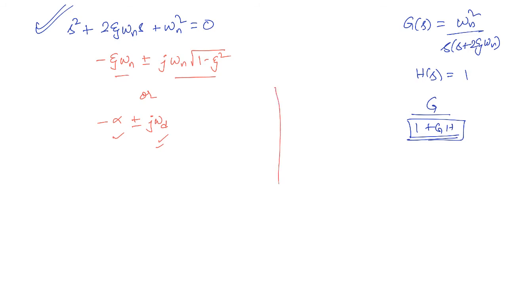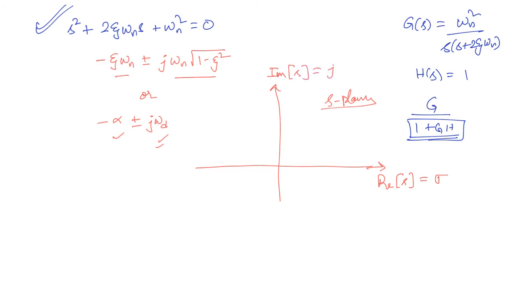Okay, so if you take the s plane, in the s plane the real part will be on the horizontal axis and the imaginary part of s will be on the vertical axis. Now the real part of s, we take it to be sigma, and the imaginary part of s, we take it to be j omega. Okay, so this point is very important. This s plane, what is the real part of s, what is the imaginary part of s, this is very important. We will see in the subsequent chapters, especially in frequency domain analysis.